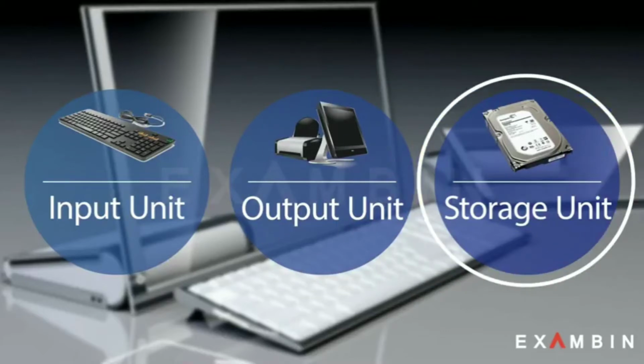Storage unit. Data and instructions that are entered into the computer system through the input unit have to be stored to get processed, so we store them in the storage unit. Normally these are devices like hard disk, floppy disk, SD drive, DVD drive, pen drive, etc. Nowadays all mobile phones have big storage covering 64 GB, 128 GB. The storage unit provides space for storing data and instructions, space for intermediate results, and also final results. Intermediate results are stored in the RAM, and final results are stored in the hard drive.